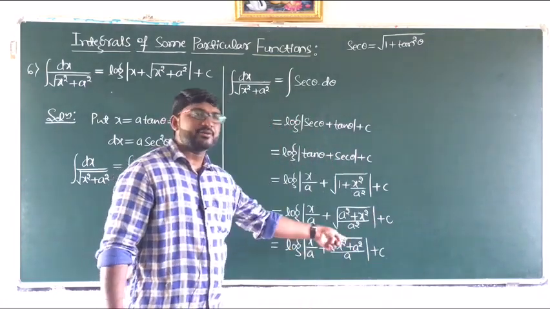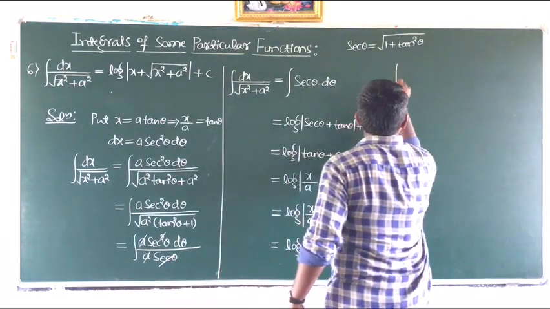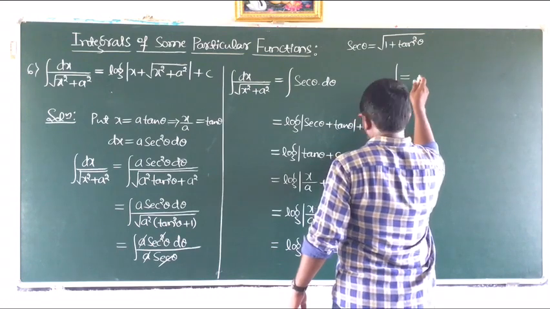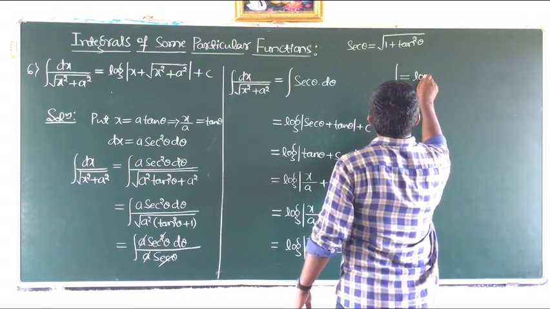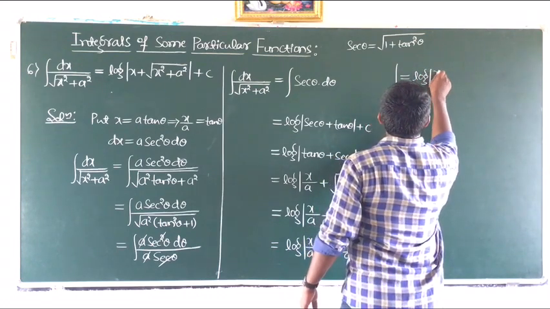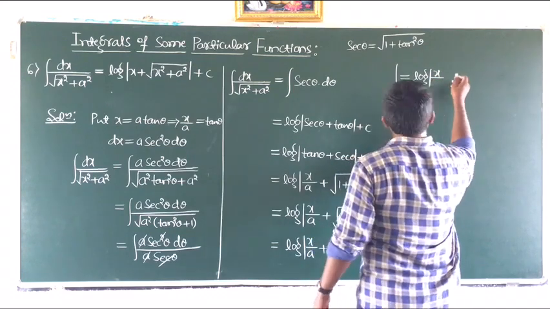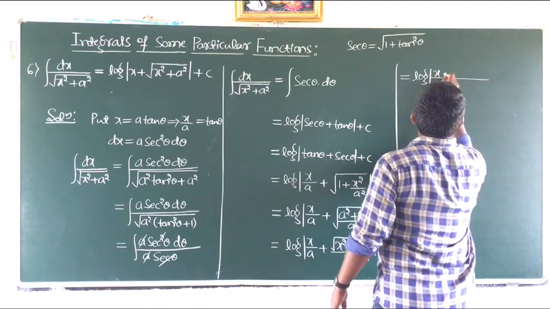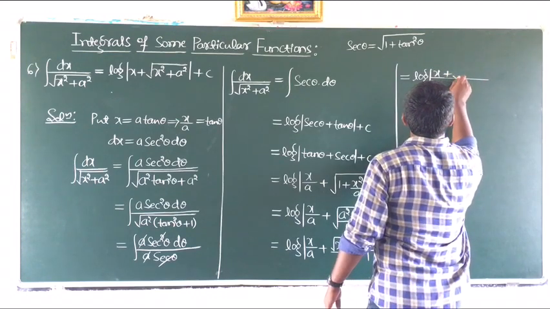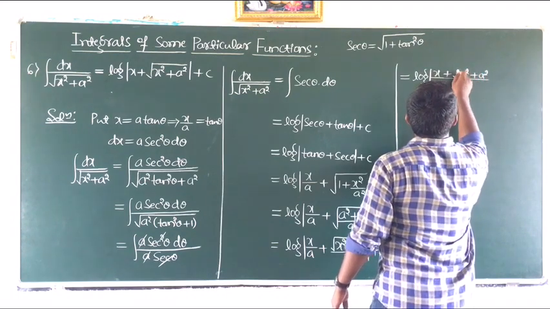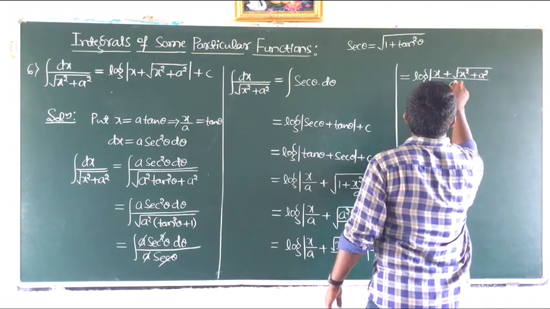That means we have to add up the numerators. So this is equals to log mod x by a, mod x plus, add the numerators now, under root x square plus a square divided by a,